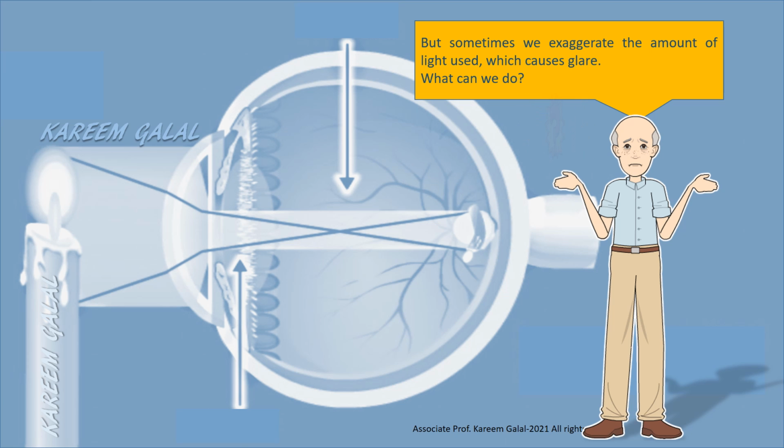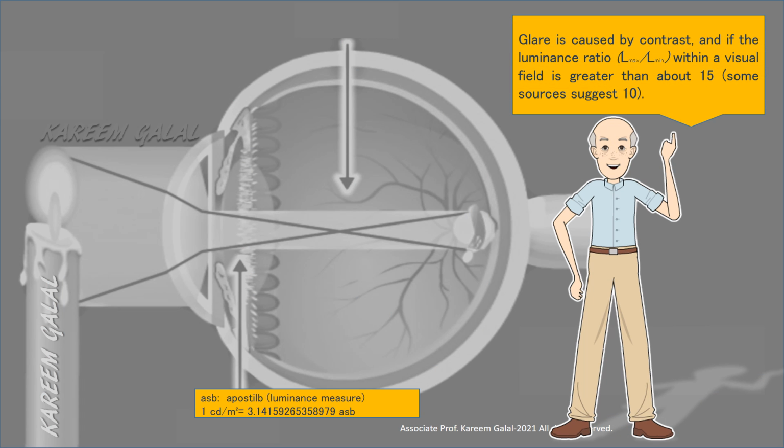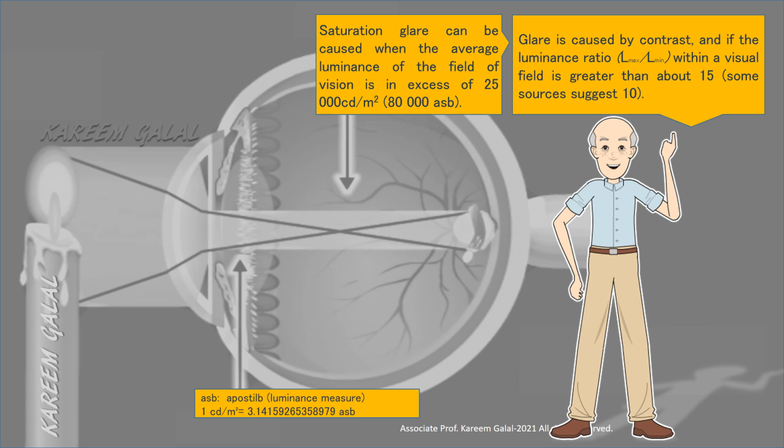What can we do? Glare is caused by contrast, and if the luminance ratio, L maximum over L minimum, within a visual field is greater than about 15, some sources suggest 10. Saturation glare can be caused when the average luminance of the field of vision is in excess of 25,000 cd per square meter, 80,000 asb. The eye,